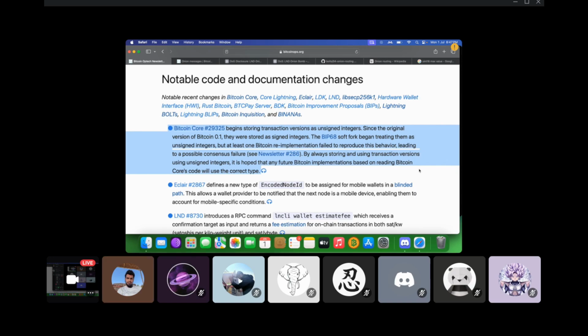Basically, this is a PR that talks about fixing a bug or an issue concerned with transaction version numbers. You who have enrolled for Mastering Bitcoin, or I believe also those who have studied other elementary level material on Bitcoin, will be aware and familiar with what a transaction version number is. So would anybody like to take a shot at what a transaction version number is, either through your mic or through the chat? What is a transaction version number? Try and guess it, even if it's wrong, no worries.